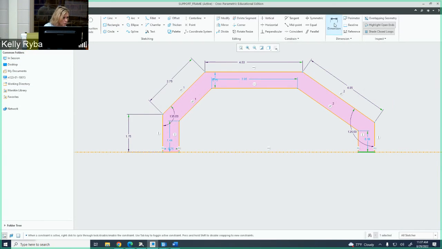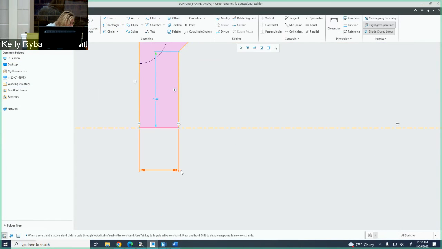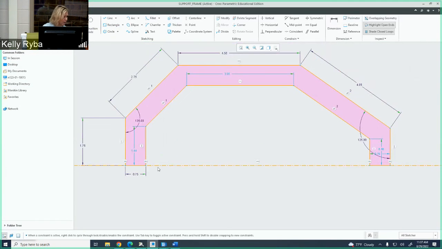So I am going to dimension, and I'm going to do this thickness, and I'm going to go down here, 0.75. And you can enter it in or just hit enter, okay? Because it was in there from me doing the command. Oopsie. Got to get out of there. I want to move it to the very middle here. There we go. Okay. Now, don't worry about the ones that are still there, because we're going to continue to